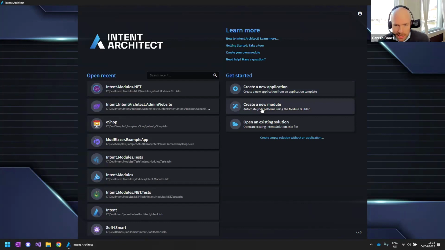The second starting block is to create new modules. So as I mentioned earlier, modules are a very, very key concept and a core mechanism in Intent Architect. And in the system, we have a module building ecosystem for Intent Architect. And what this allows is any developer using the platform to automate anything predictable and repetitive in their environment. So they're able to automate patterns as and where they see them in their environment. And this is something that is quite popular with a lot of our users. I would estimate that about a third, at least, of our users actually get into module building.